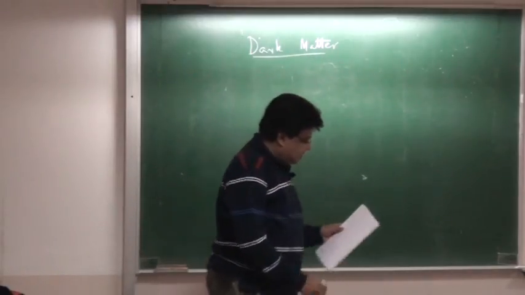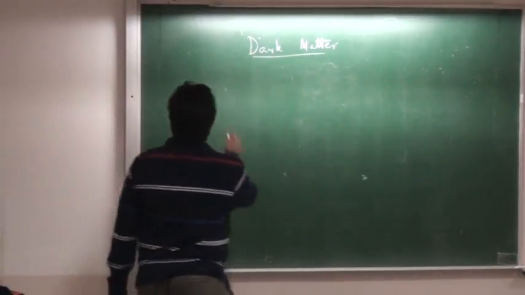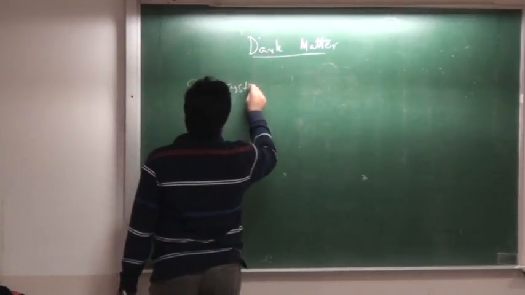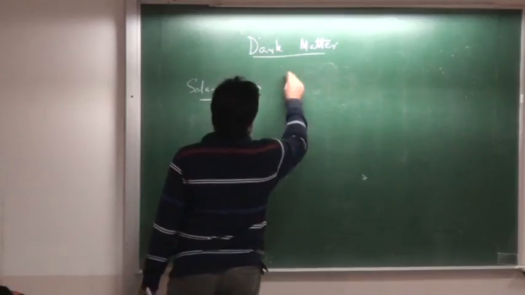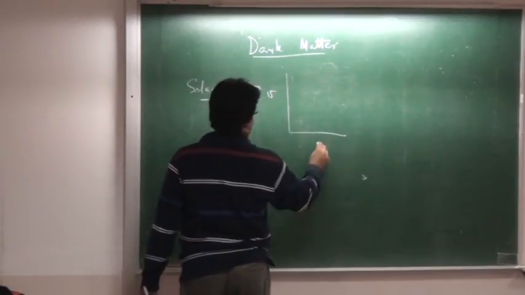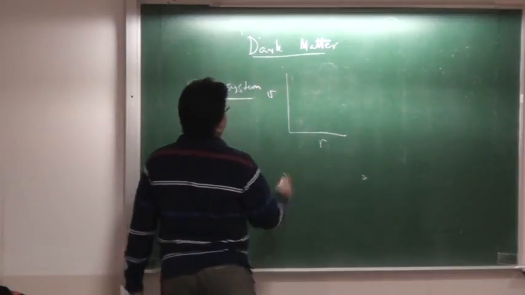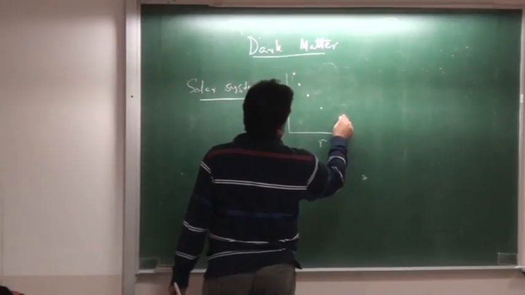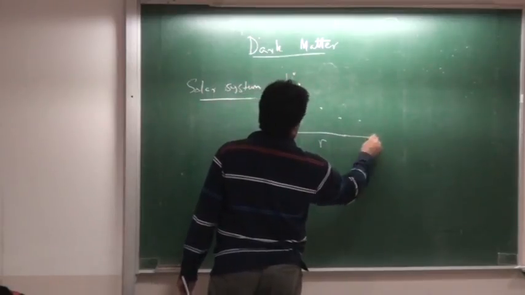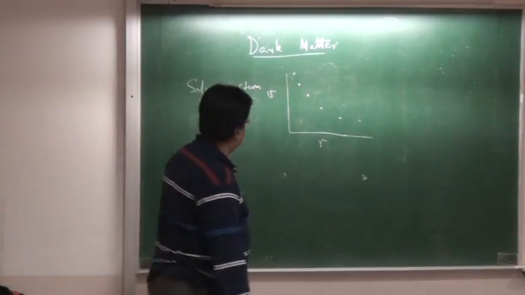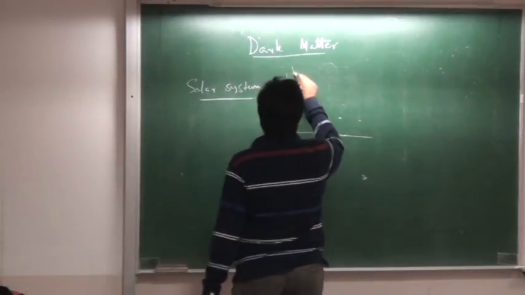So let me start with something which we know. If you have a solar system and you plot the velocity versus radius of all the planets, what you'll find is they'll fall in a regular line. Okay. And so this curve,